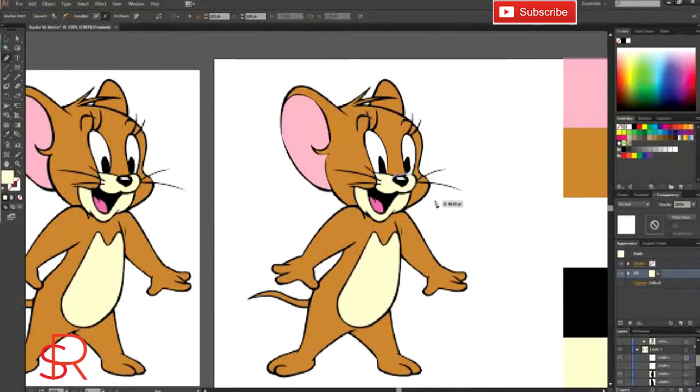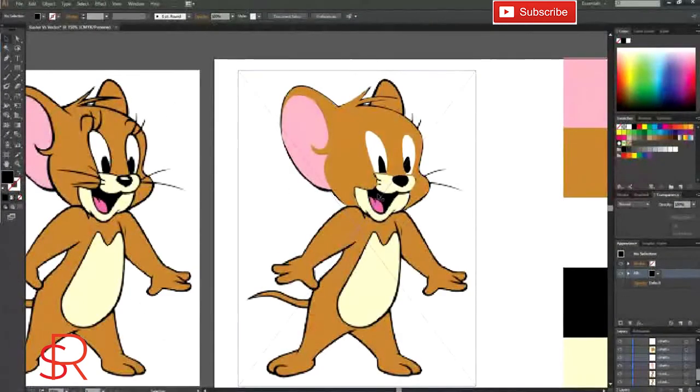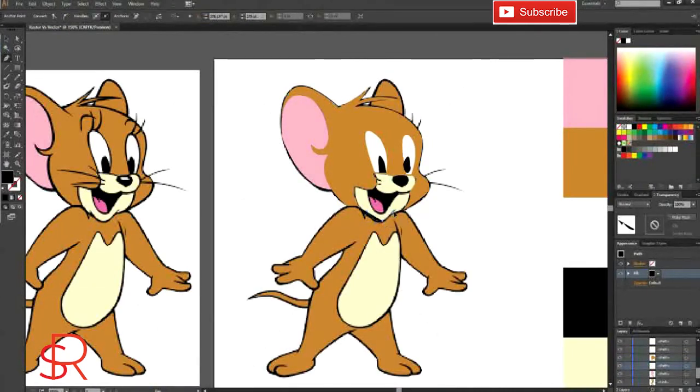We have to work very patiently so that the outcome comes out accordingly. So now let's draw it, and after that let's see the result. Now almost it is done, so we will just start filling the colors and we will see the result. Wherever there is detailing, we have to work accordingly. We have to use the pen tool properly so that we can get the exact shape.